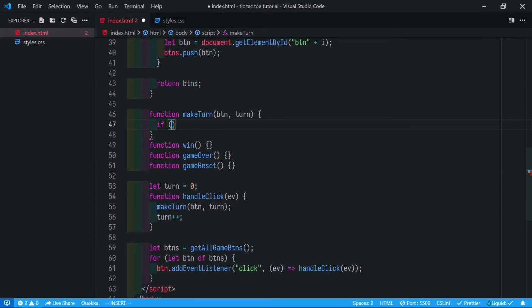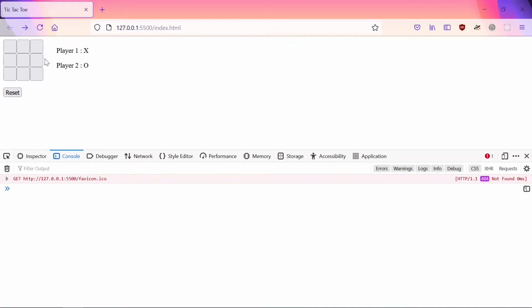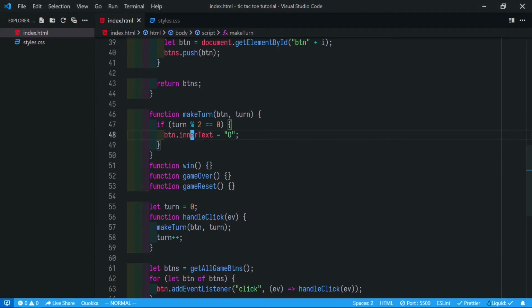If turn is an even number, that means it's the turn of the second player. We say button dot inner text to O. What inner text does is it takes an element, any element, it can be P or button, and sets the inner text to this string.